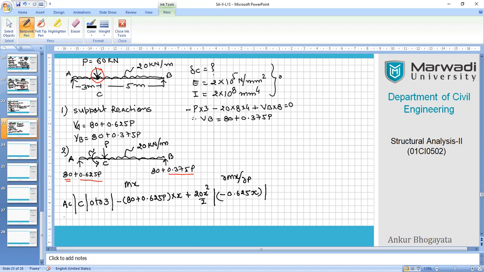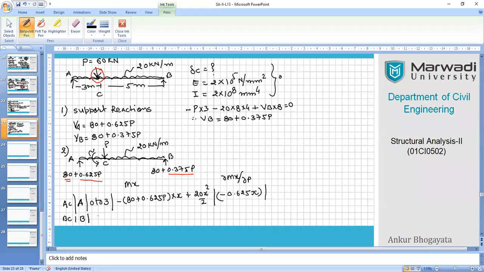the other segment, that is B to C. So the origin becomes B. Here there is a mistake. Here the origin will be A, right? So please make a correction. Origin is at A, right? Because we know in a simply supported beam we have to start from the origin itself.